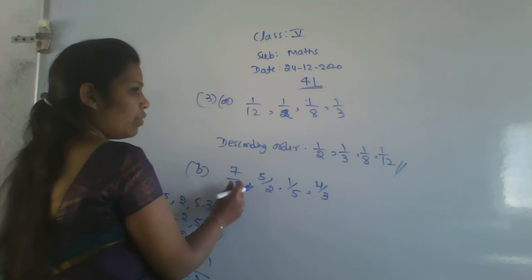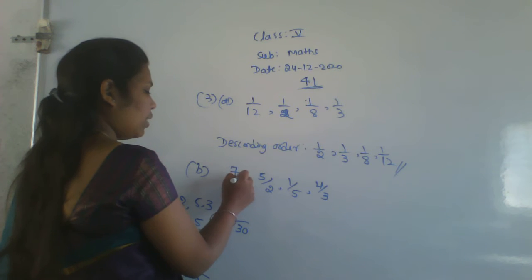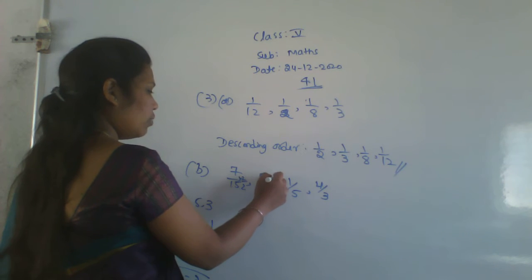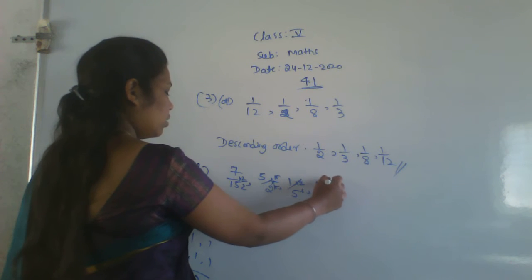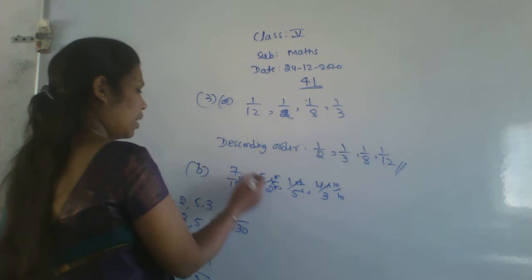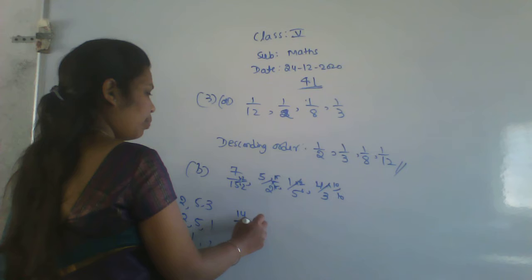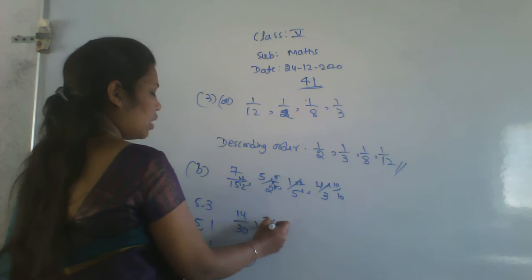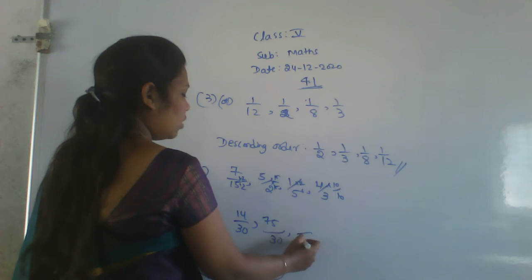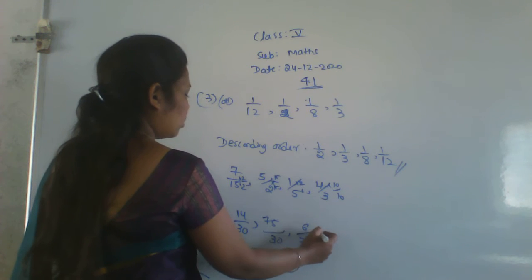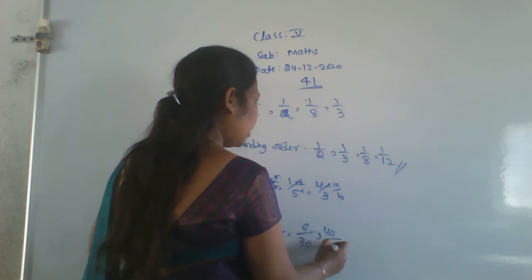30 means what we have to multiply here to get 30. To get 30, we have to multiply with 2 by 2. And here 15 by 15. And here 6 by 6. And here 10 by 10. We have to multiply, right? So 15 into 2 is 30 and 7 into 2 is 14. 15 fives are 75, here 2 fifteens are 30 again. 5 sixes are 30 and 1 into 6 is 6. Comma, 4 into 10 is 40 and 3 into 10 is 30.